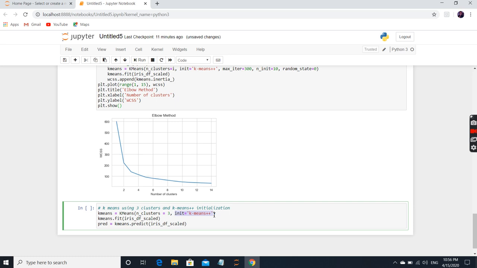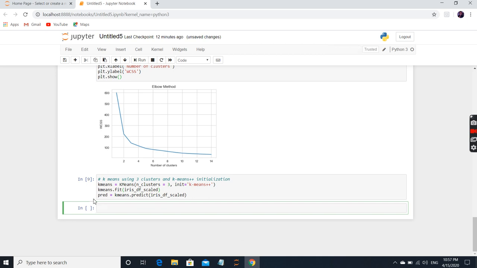The use of this is that it prevents randomization, in a sense that there can be a situation wherein we decide randomly on a set of clusters and someone else comes up with a different set of clusters, and it can sometimes result in different clustering results. So we do not want our exercise to be biased a lot, and hence k-means plus plus helps. So only the first cluster is random now, and the second and third clusters are decided on the basis of the distance. So I run this first part,